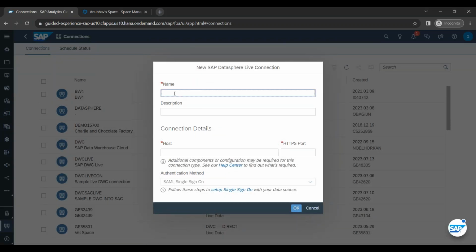Now remember, if you use the SAP experience option to create your DataSphere and your Analytics Cloud account together, you must choose the name here, the same name as the username of your DataSphere account, because this name will be used to do single sign-on. We put a description, Anubhav DataSphere live connection, anubhavtrainings.com,